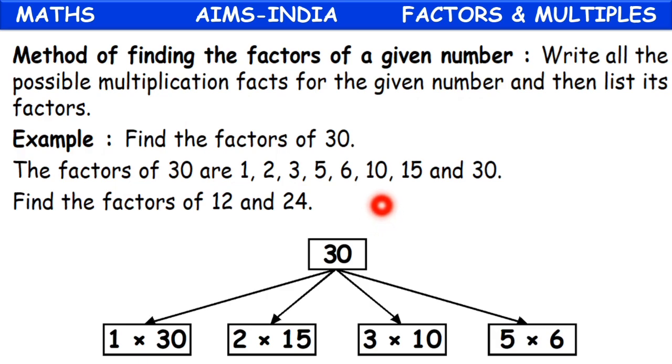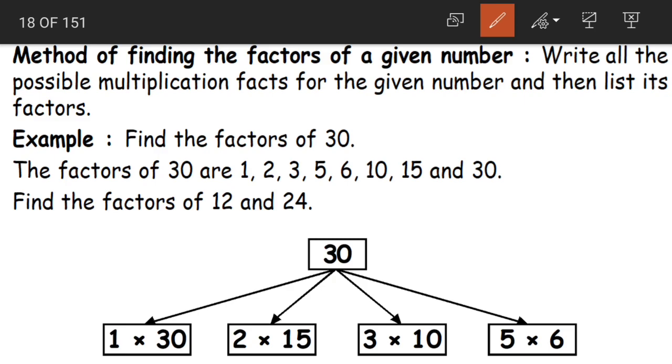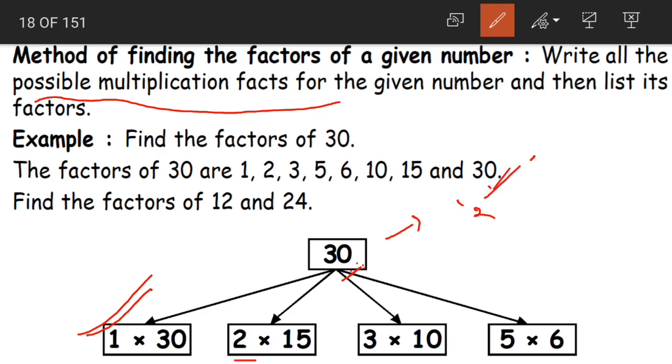Okay. Now here we have to find out the factors of 30. How will we find out? We need to write all the possible multiplication facts. Now first we need to check with one table. Yes, we have 1 30s are 30. Next, will it come in 2 table? It is having 0 in the ones place, so it is divisible by 2. We have 2 15s are 30. Next we have 3. When we add the digits 3 plus 0, we'll get 3 as our sum. It is a multiple of 3. So 30 is again divisible by 3. 3 tens are 30. Next, it is not divisible by 4 children.